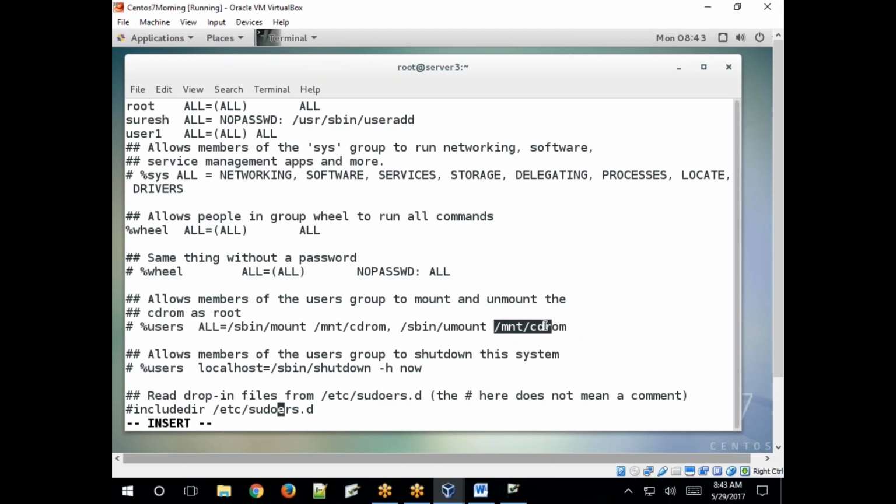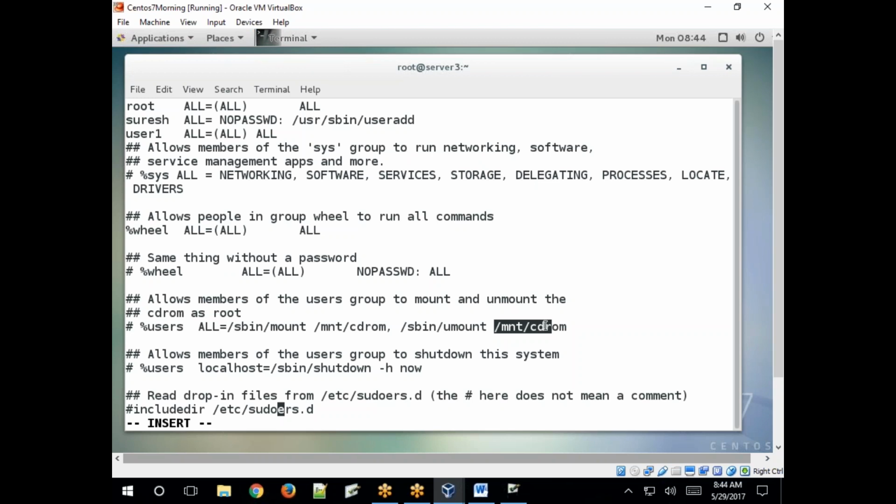Have you heard of the which command? which, whereis. We discussed which, whereis, and find commands. What did we say? which ls shows the binary location of the ls command. whatis shows a small description about a command.